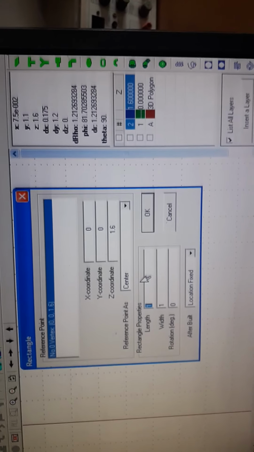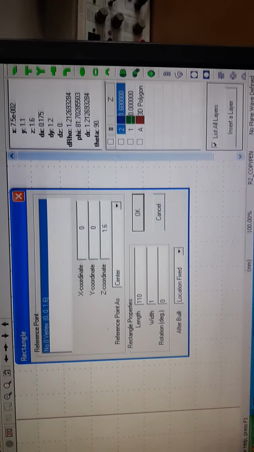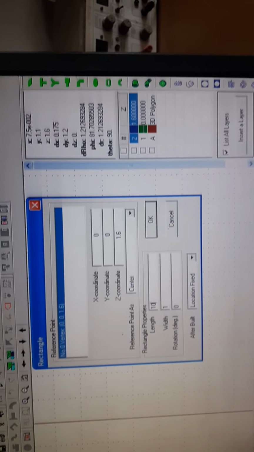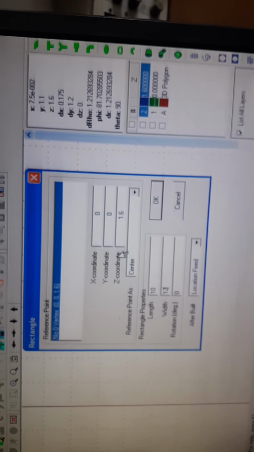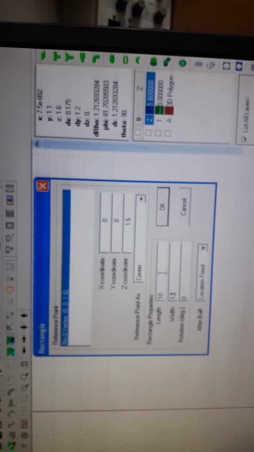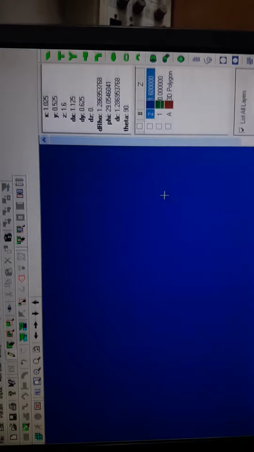This will be the coordinate. We take a 10 by 12 millimeter rectangular patch, so the length is 10 and the width is 12 millimeter. If we write 10 by 12 and close, it is okay.